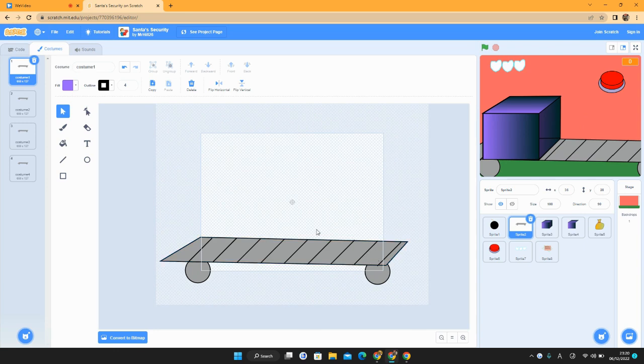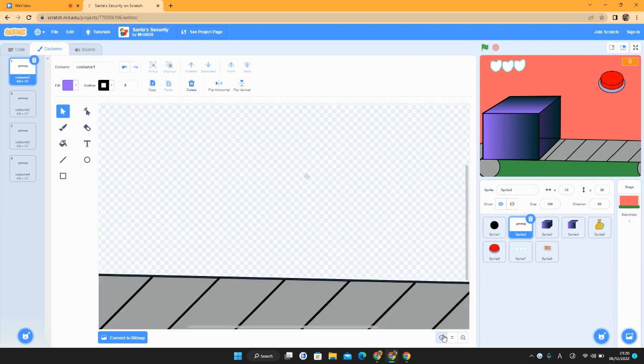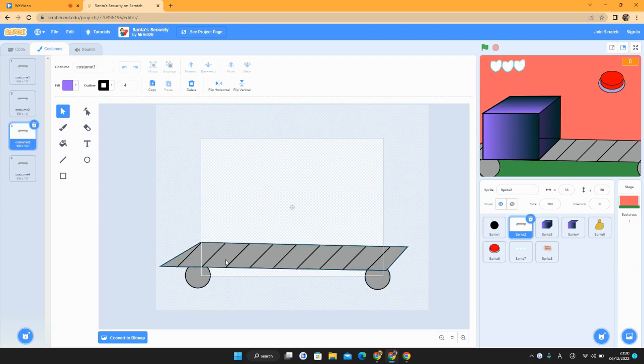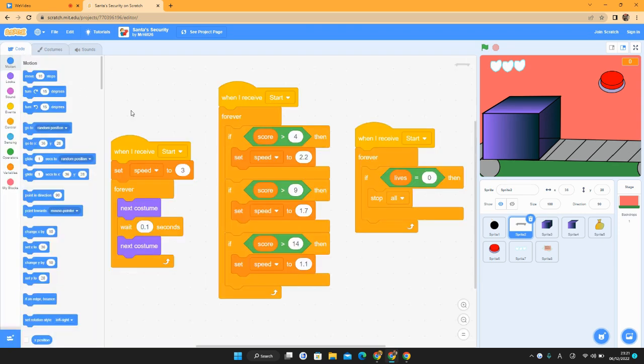I had my costumes and I did my conveyor belt wider than the screen. And then I had these lines that I just shifted to the left and then maybe put another one in the background here so it kind of went in the loop. So they were just shifted slightly. And in the code,